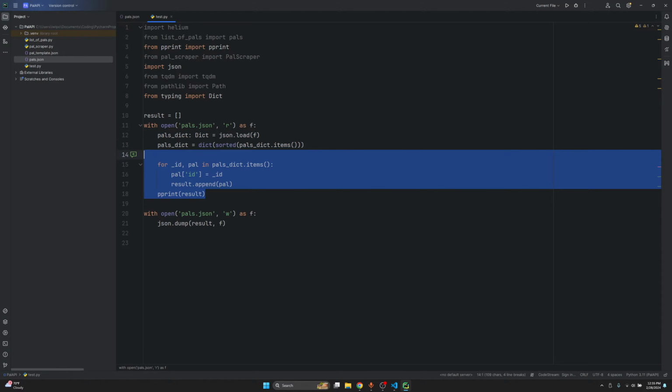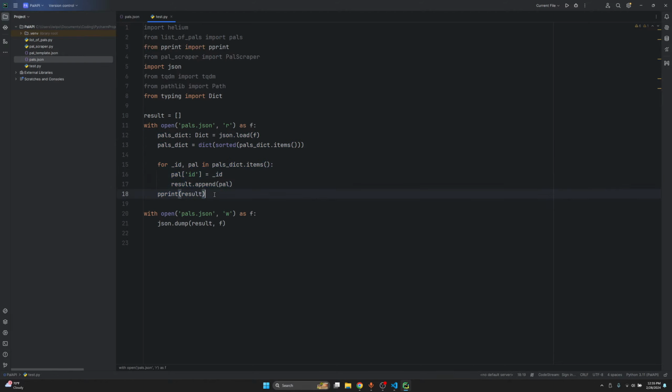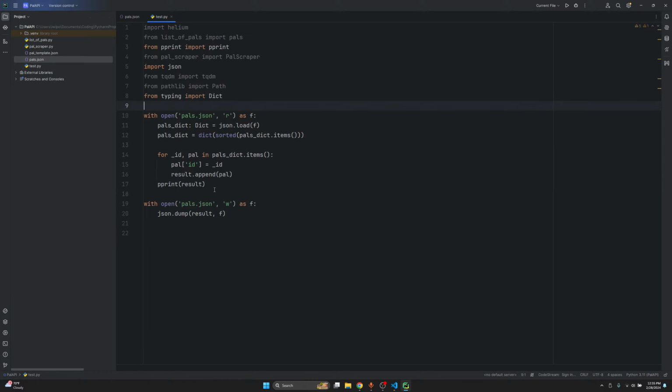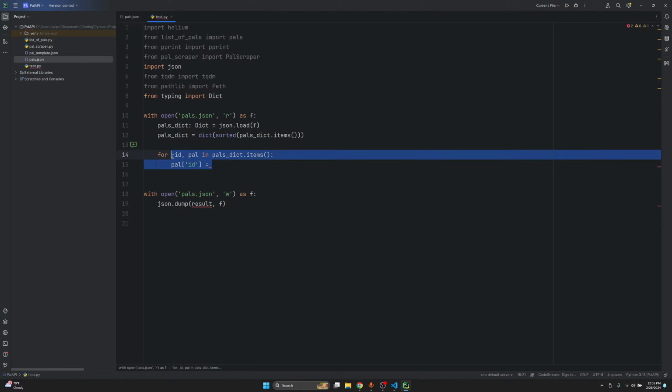Let's get this correct. And we don't want this anymore. So with pals open, get our pal dig, get that sorted for ID pal blah blah blah. We don't need this anymore. Actually, we do. But instead, no, we don't want this anymore. They will want for pal and pals